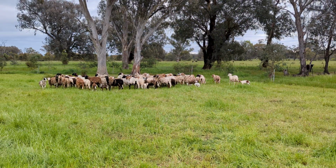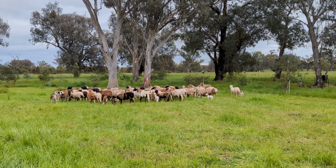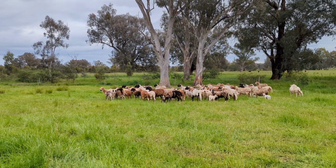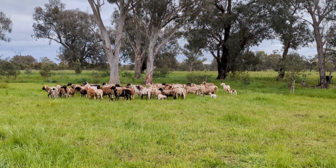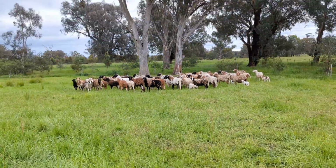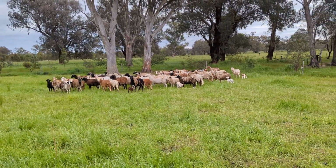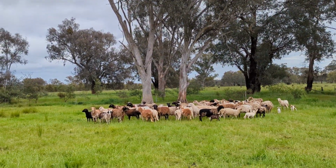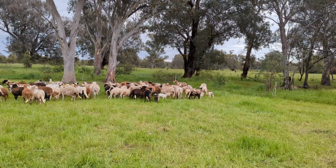I'm not intending on keeping this flock going as a purebred Damara flock. I've got another shedding composite here called Catalyst, which was actually started on a Damara base 20 years ago. And I'm going to grab one of my Catalyst rams and put him over this flock. There is a Damara ram in here. See the big white fella there? But he'll go. We'll cut him out of the flock and join these back to a Catalyst, just to try improve fleshing, improve yield, and see what happens. Excited to see what happens with these ewes by putting a nice paddock ram